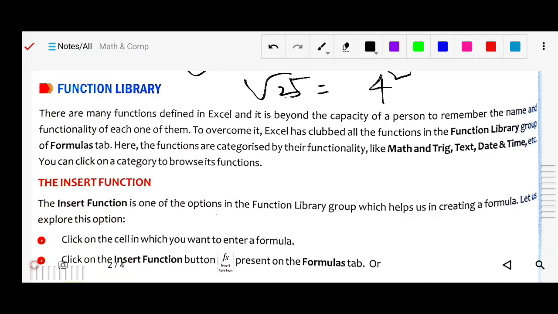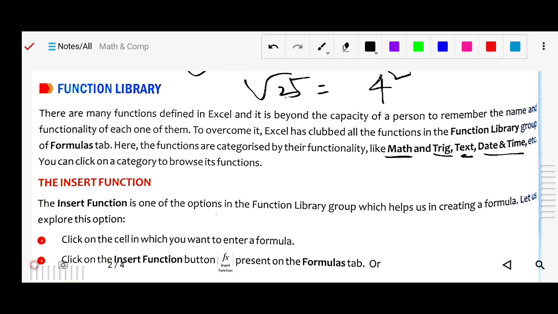If you were going to remember and learn them, it would take so much time, and it is up to you. You can memorize, you can do it, but Excel provides some facilities to find or remember them easily. How is it categorized? There are math functions for mathematical calculation, trigonometry functions, text functions, date and time. So all are divided into different categories, so that you can easily find according to your use.